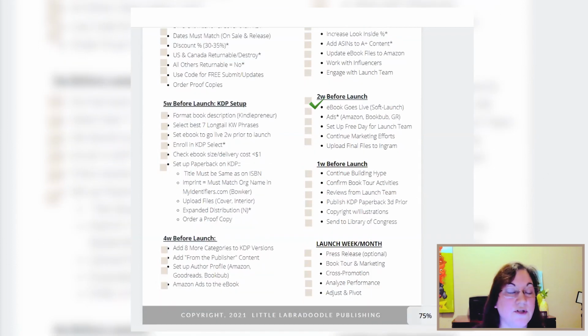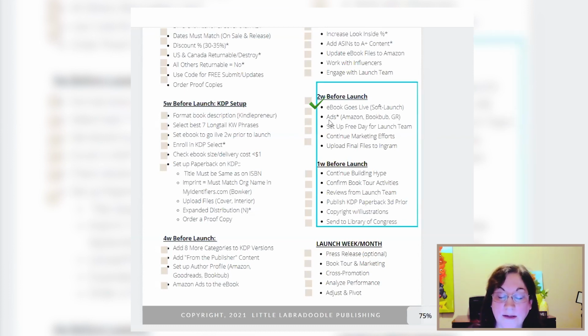Don't just click purchase and post the review right away. I would give it a few hours or till the next day, just because you don't want Amazon to think they clicked this and then they gave it an instant 5-star. There's something fishy about that review. You also might want to look at ads. Amazon, BookBub, Goodreads, all of these platforms have ads. So now as you're building up to, it's only 2 weeks more before launch, what more can you do to generate traffic and generate visibility for your book?